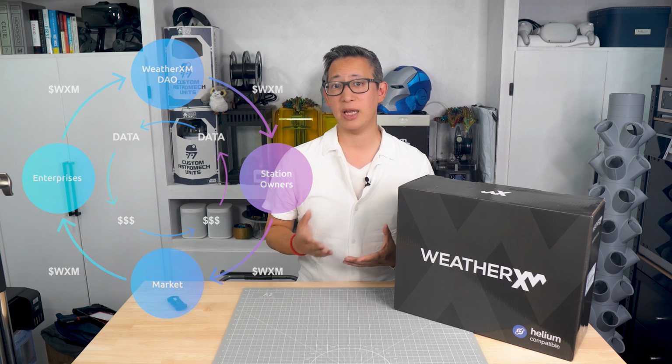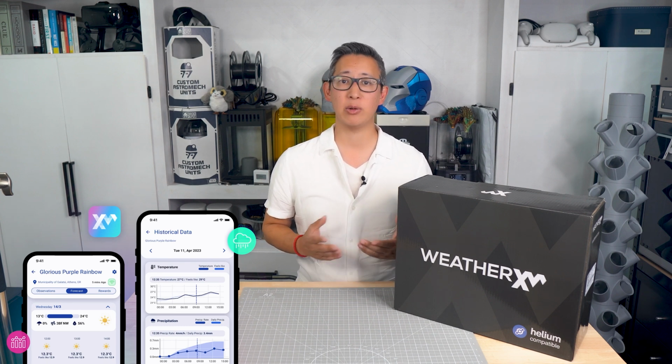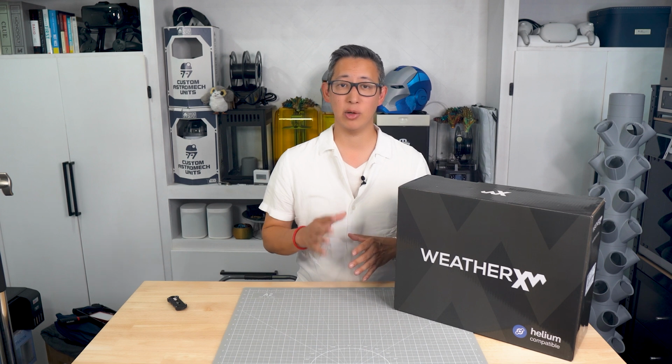Now, in return for setting up one of these devices and helping to grow the network, miners are rewarded with tokens called WXM, and like most cryptocurrencies, can be traded or withdrawn for cash. Now with this device, you also do get and share valuable data such as temperature, wind speed, precipitation, and other weather and climate related information. Now that's definitely something that I can get on board with because I'm finding a lot today that most weather